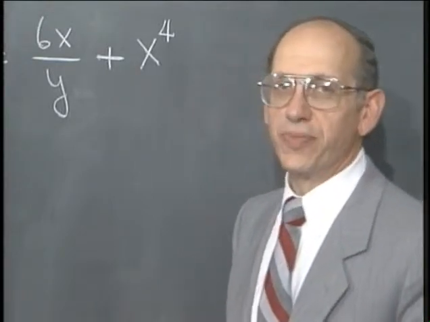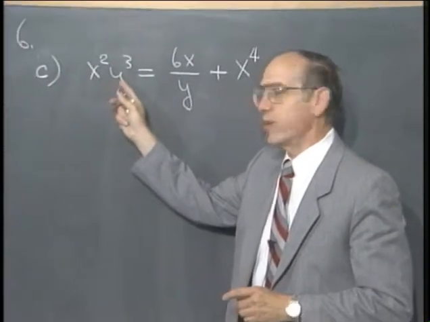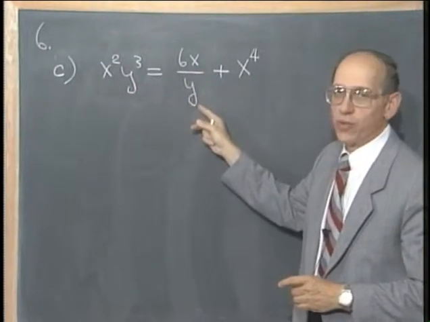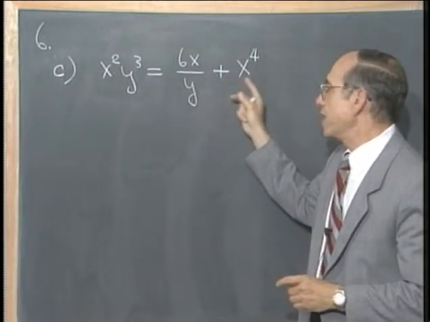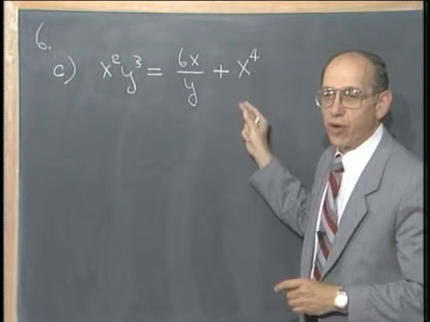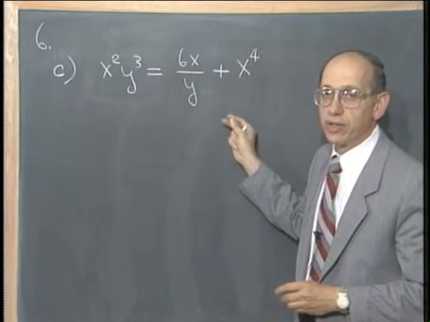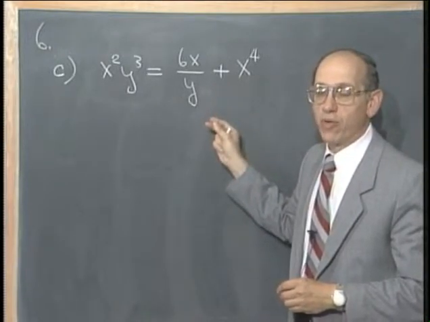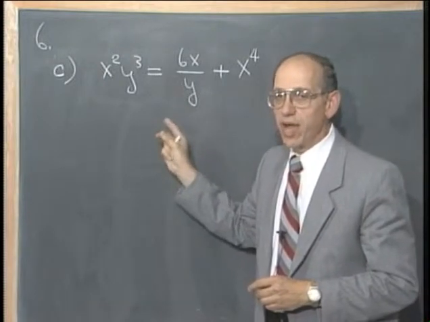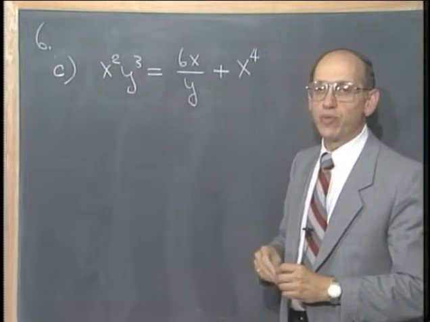Question 6c. They don't come much harder than this one. We start out with a product, x squared times y cubed. That's equal to 6x over y, that's a quotient, plus x to the 4th. And we're asked to find the derivative of y with respect to x implicitly, which means we're going to have to use the product rule, the quotient rule, the power rule, every rule we know. And to save a little bit of writing, instead of using dy/dx this time, let me write y prime